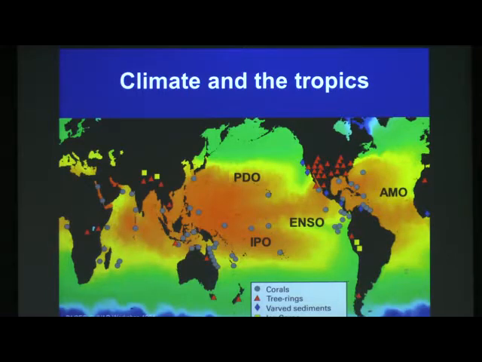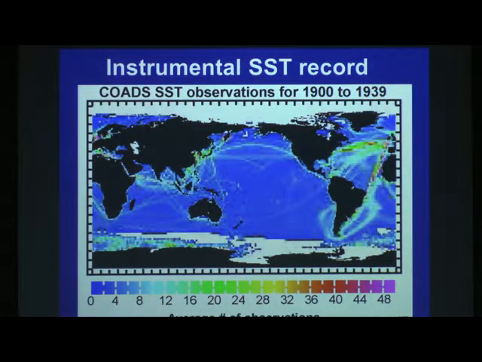Now, when we start to talk about climate variability in the tropics or anywhere, one of the limiting factors is that the instrumental record is just too short. So we don't have good records. How do we bridge that gap to see what climate was like in the past? We can use climate records such as tree rings or varve sediment cores or ice cores. And in the tropics, we use corals. Now, as I mentioned previously, we have this limitation with the instrumental record.